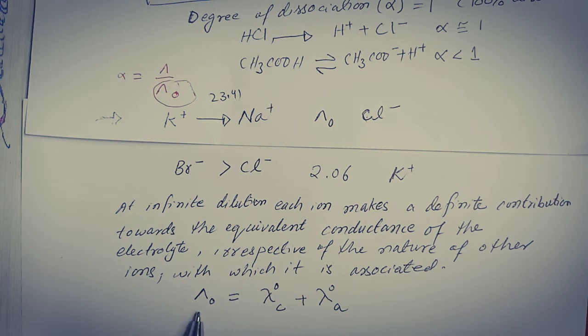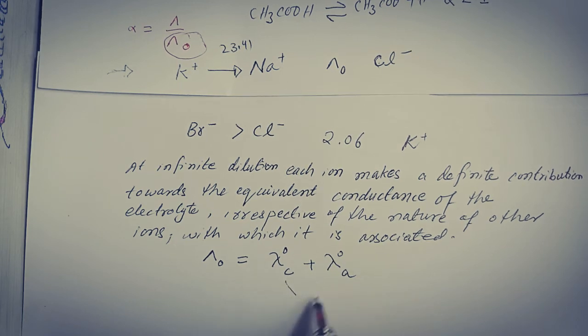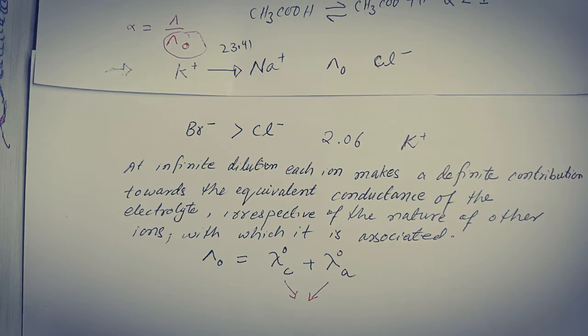So capital lambda is showing the equivalent conductance of electrolyte as a whole, whereas the small lambdas are showing the equivalent conductance of cationic and anionic species at infinite dilutions. So here small lambdas are known as ionic conductances,